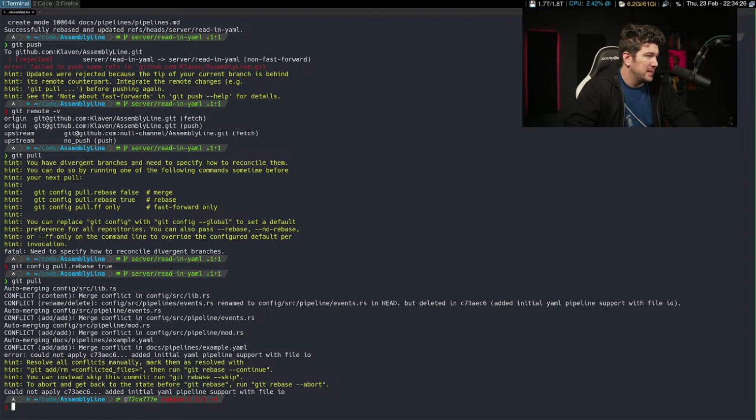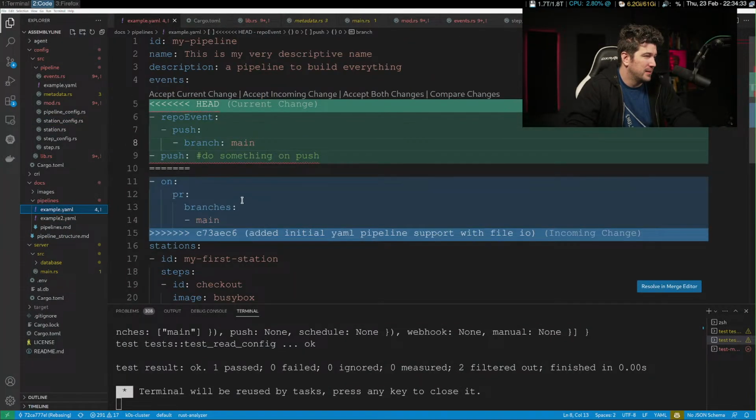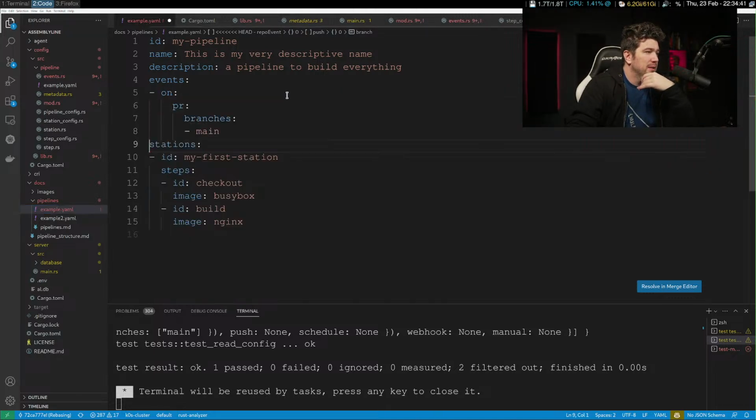I thought I just did a rebase. What did I do? Okay, I want this one. This one's the right one, so we will accept the incoming.